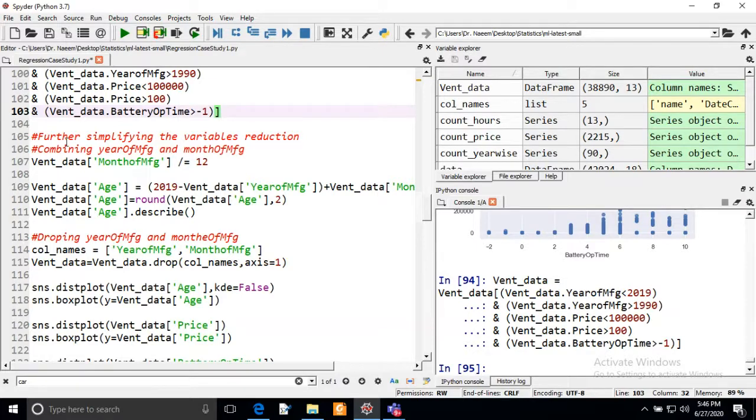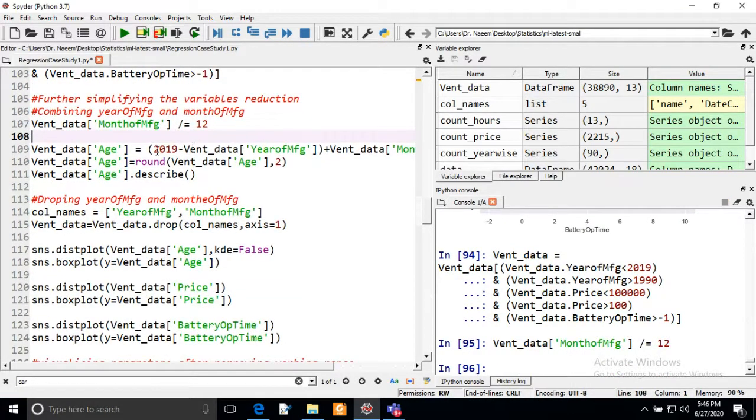Now we are going to simplify our variables, the year of manufacturing and the month of manufacturing. We can combine them and calculate the age of the ventilator. So here we are dividing the month of manufacturing by 12. I'm going to execute this command.